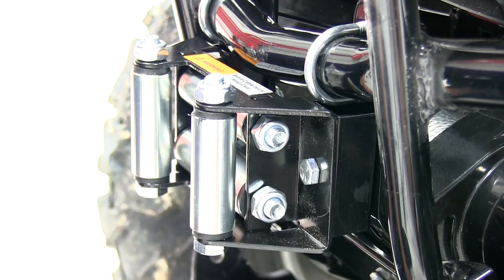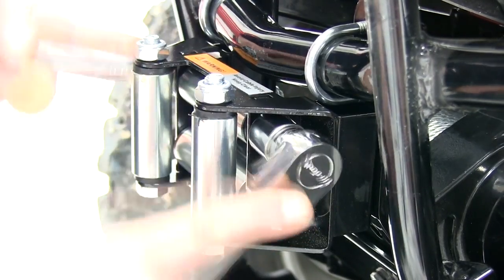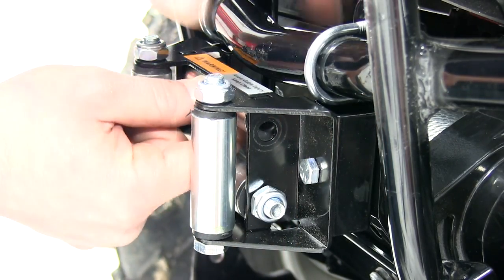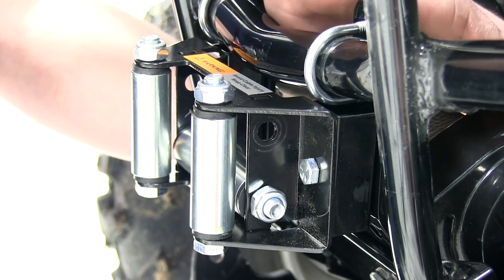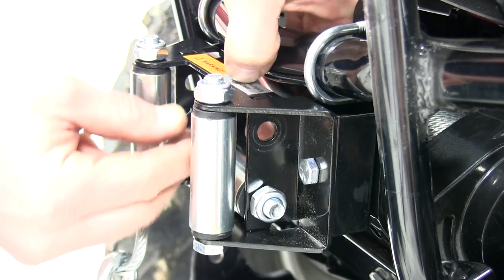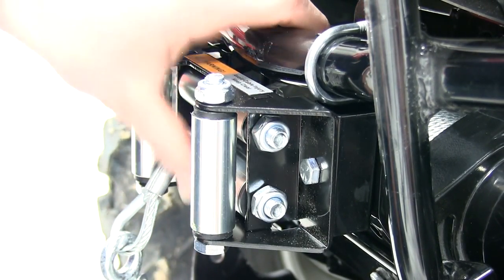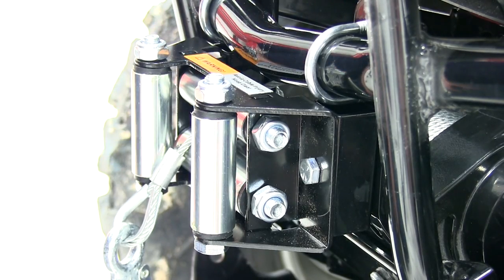And with our fair lead now installed, we need to get our cable through. So we'll go ahead and loosen up one of the horizontal rollers, where we can slide the bolt out and remove our roller. We can then bring our cable up through the fair lead and reinstall our roller. Now, you don't want to tighten the roller too much, as it does need to roll to prevent the cable